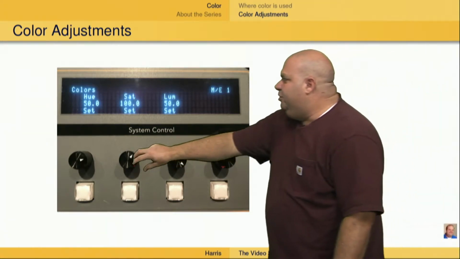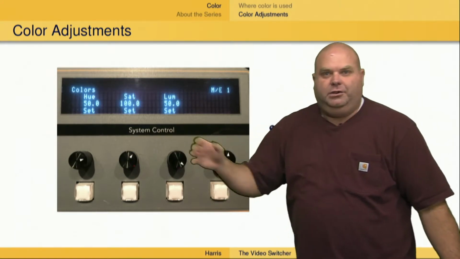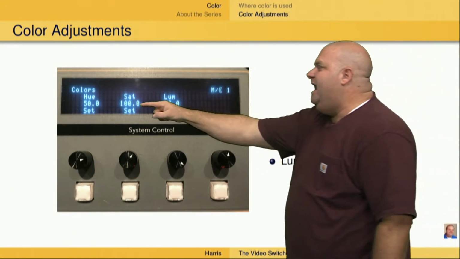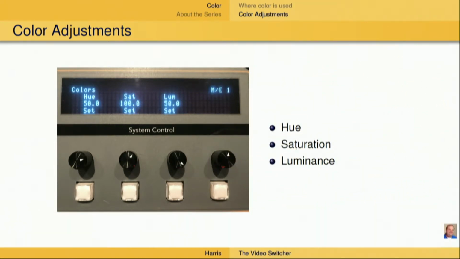As we rotate the saturation dial, we're going to be changing the amount of that color in our color choice. So as we move to the outside of the color wheel, meaning higher numbers on the saturation, we're going to have much more increased and vivid hues of color. There's, in other words, going to be a lot more color. As we move to the inside of the color wheel, or in other words, have lower numbers of saturation, we're going to have less color, even to a point where we may end up in a shade of gray or